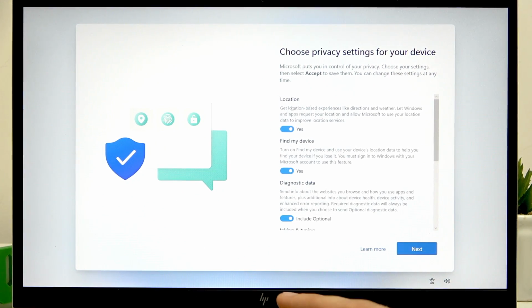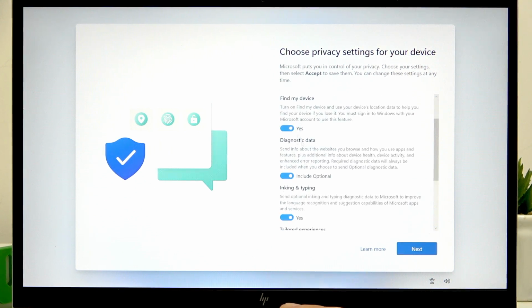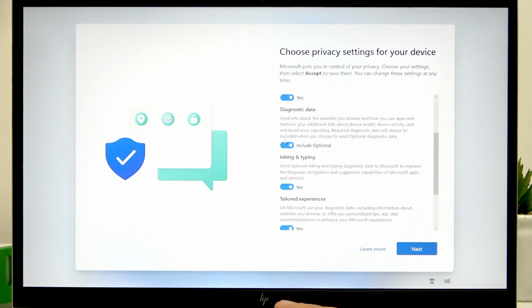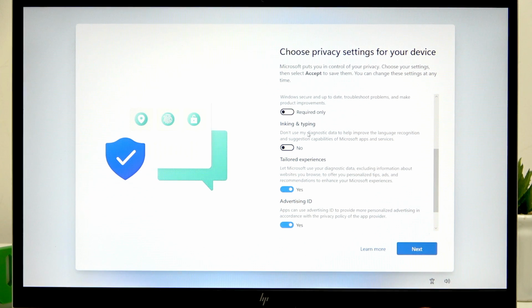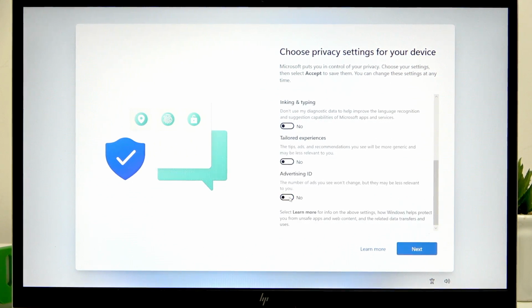I usually go with location, which enables some location-based experiences, like local news, weather, directions, and so on. The Find My Device feature lets you find your laptop easily if you lose it, or if it gets stolen. And the diagnostic data basically collects your data for Microsoft research, and the same goes for each next